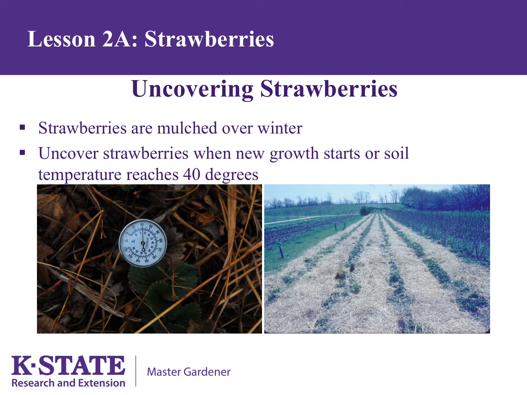Strawberries are mulched over winter to prevent damage. The planting needs to be uncovered in the spring at the right time to ensure healthy plants. There are 2 common methods to determine when to uncover strawberries. The first is to peek under the straw and uncover when new growth starts. The second is to use a soil thermometer and uncover the strawberries when the soil temperature reaches 40 degrees at